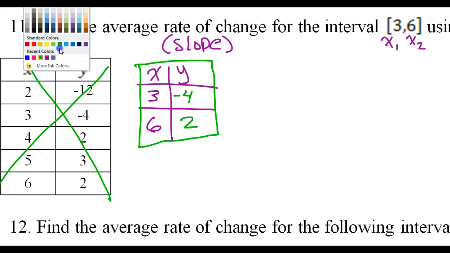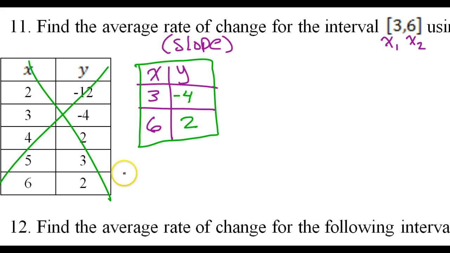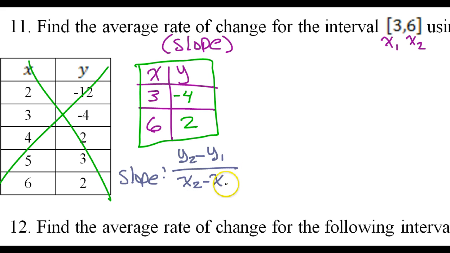Now you remember the formula for calculating slope, don't you? Alright, slope is y minus y divided by x minus x. Okay, because it's rise over run. So that's all we're doing. Rate of change is just a slope, and so you do a slope calculation. So if I do this,